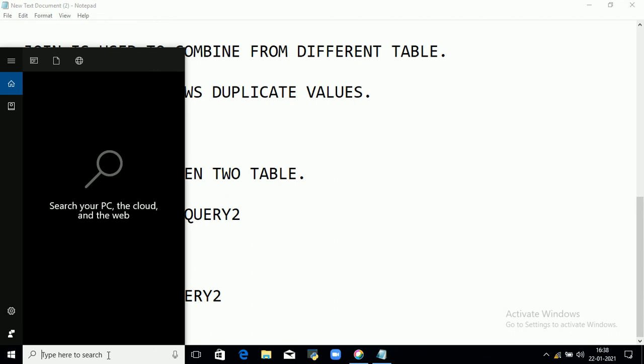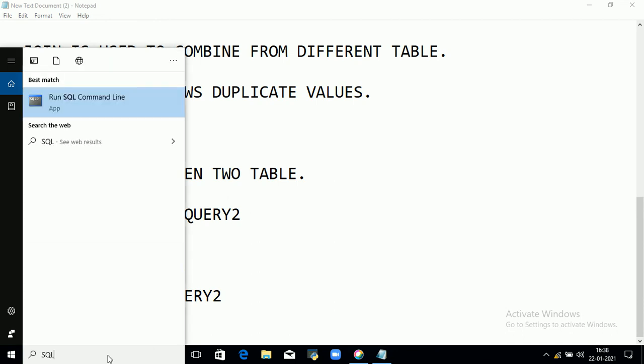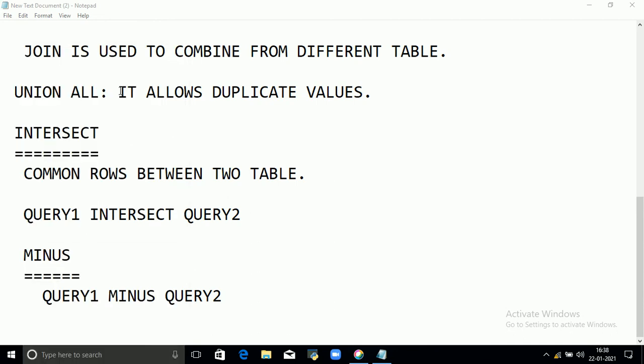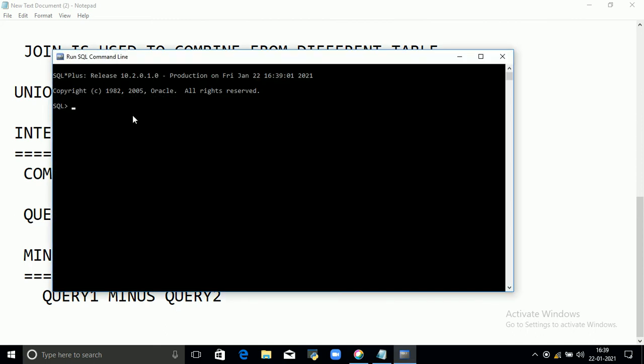So open the SQL command line prompt. First you have to connect with the database. Connect. The username is system and the password is also system. Yes, the database is connected. So first we have to create two tables, customer 1 and customer 2.